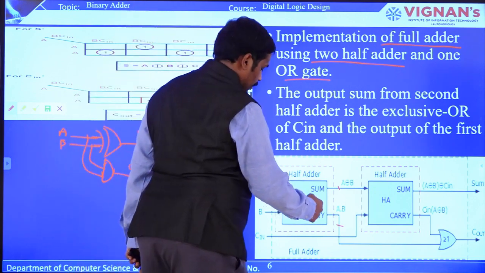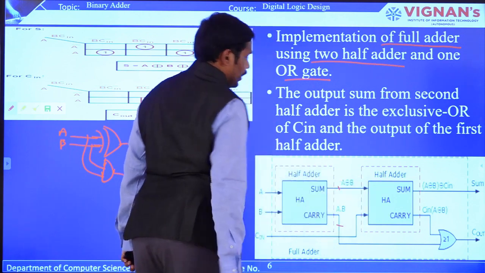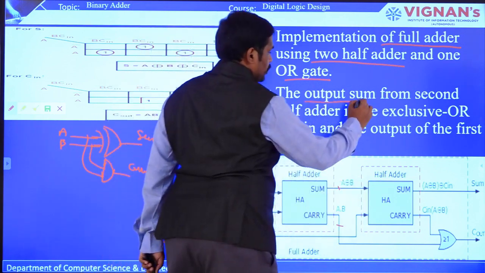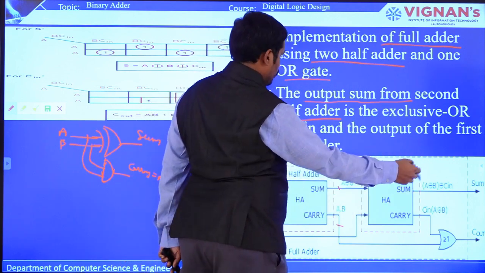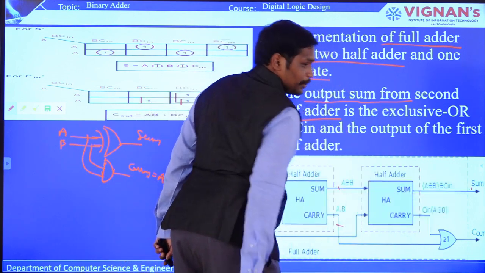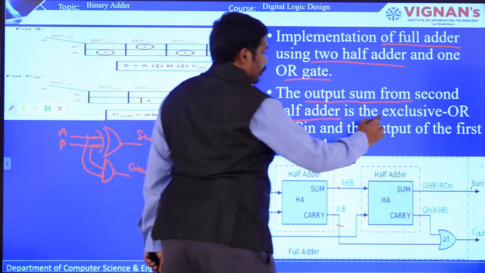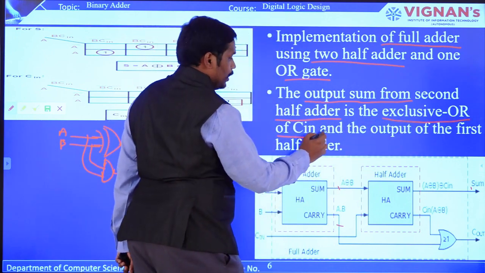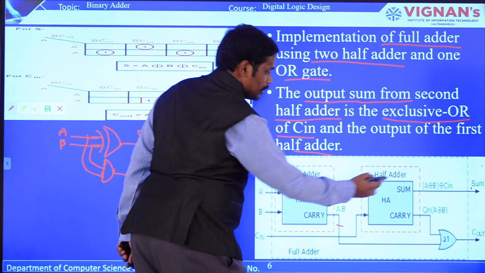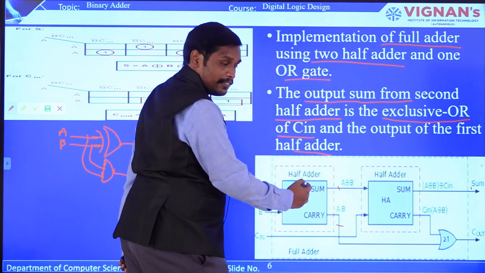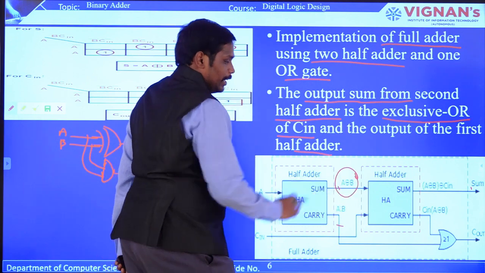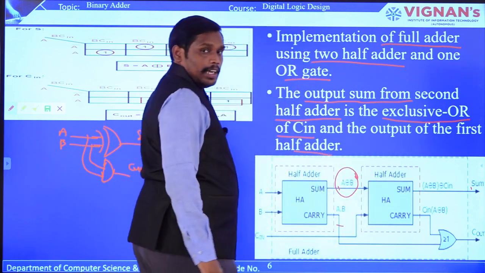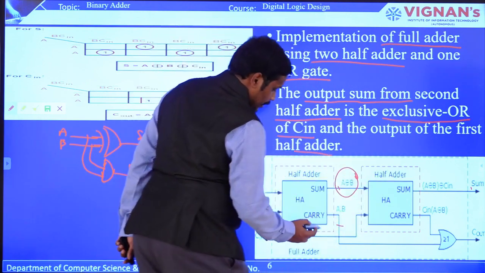So this is the first half adder, and this is the second half adder. You can see that the output sum of the second half adder is the exclusive OR of the C in and the output of the first half adder. So this is exclusive OR. This is the first half adder. The first half adder sum is A exclusive OR B. So this A exclusive OR B is one input, and then C in is another.